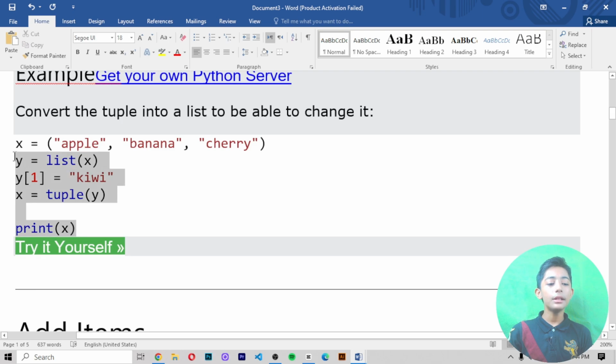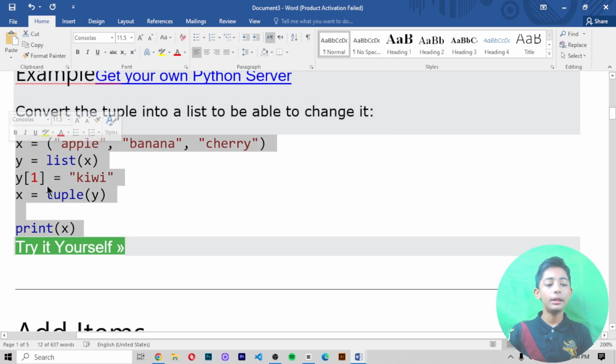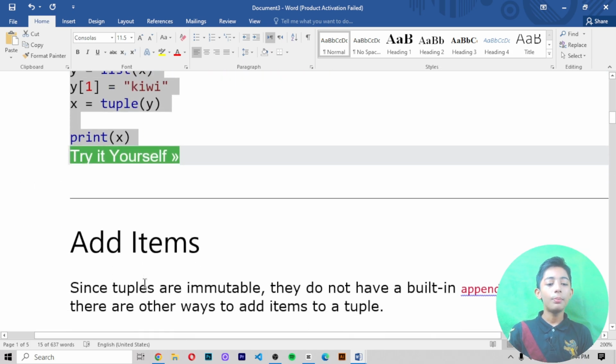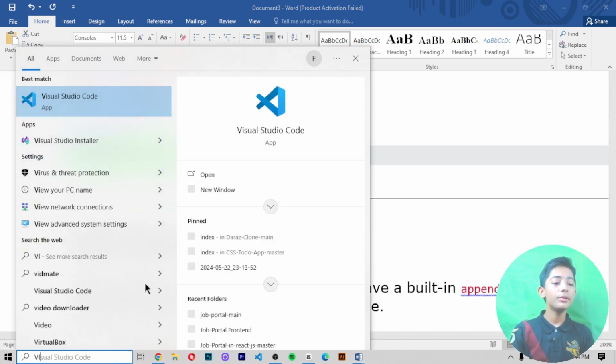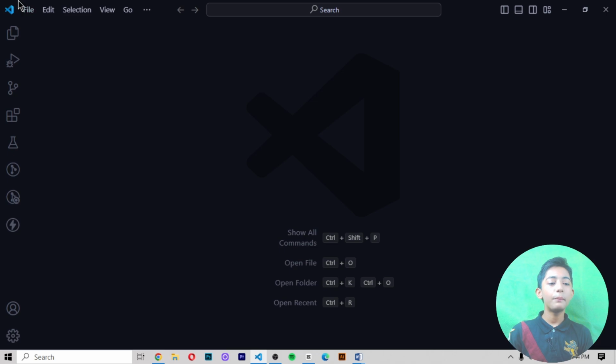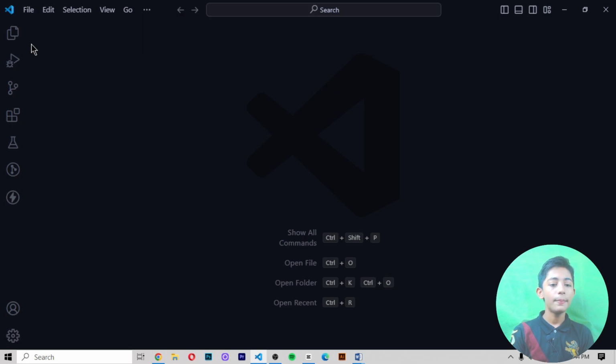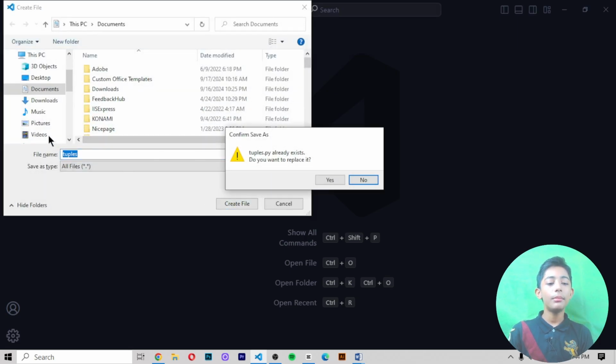In this example, we convert the tuple into a list to be able to change it. When we copy it and go to Visual Studio Code, let me make a file named tuples.py in my documents.